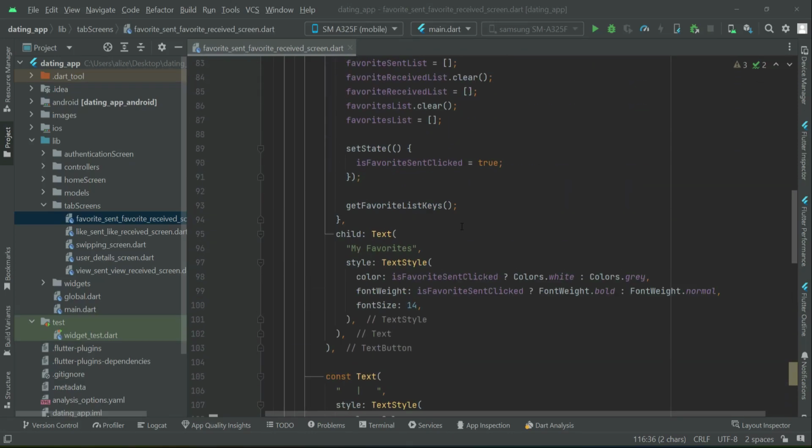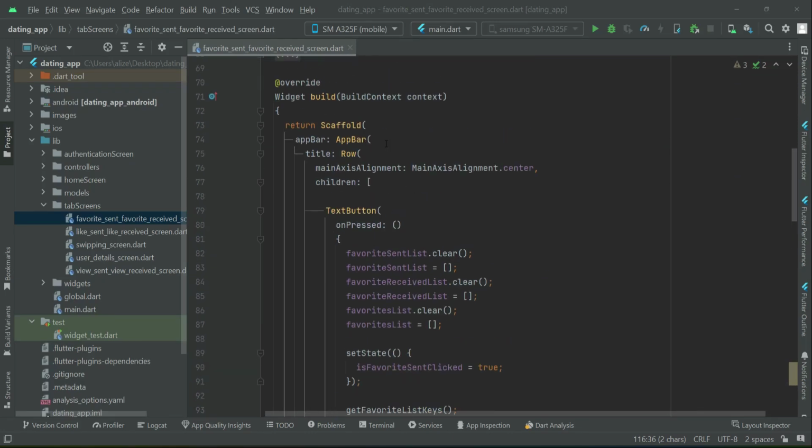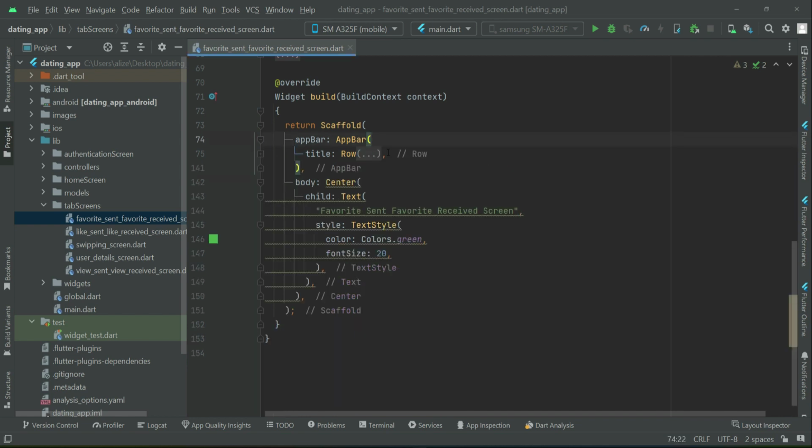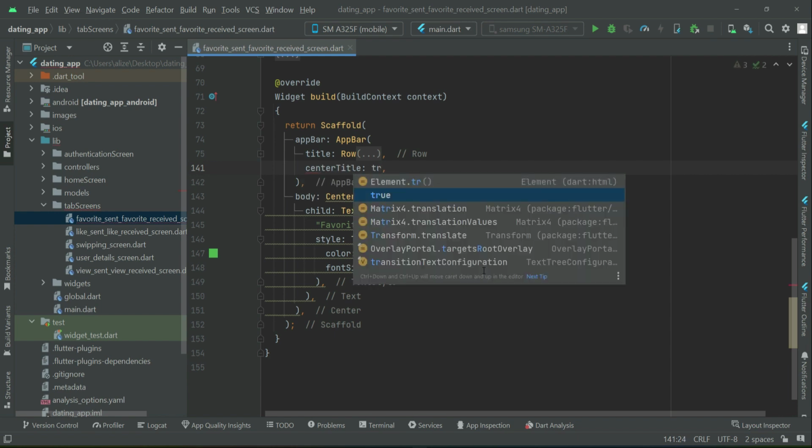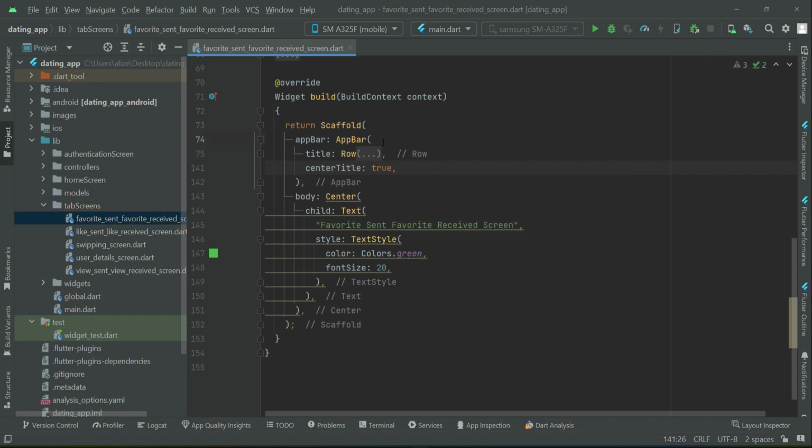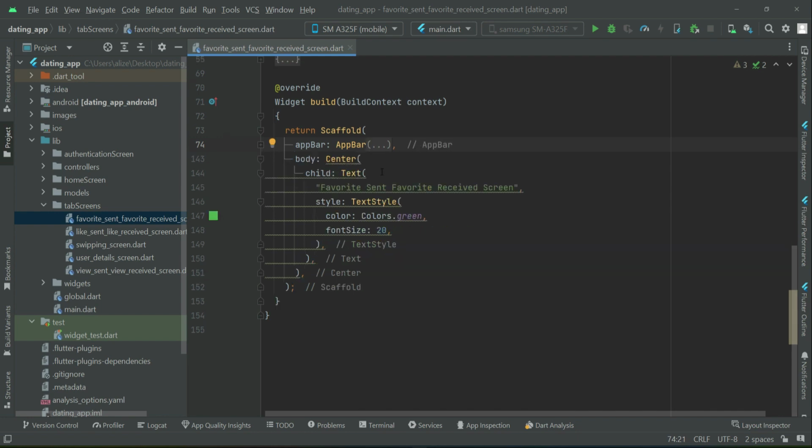So now after the app bar, make sure that after the title you write center title true. We want this title at the center of the app bar. Okay, exactly. Now after the app bar, let's start implementing the user interface for displaying the user favorite